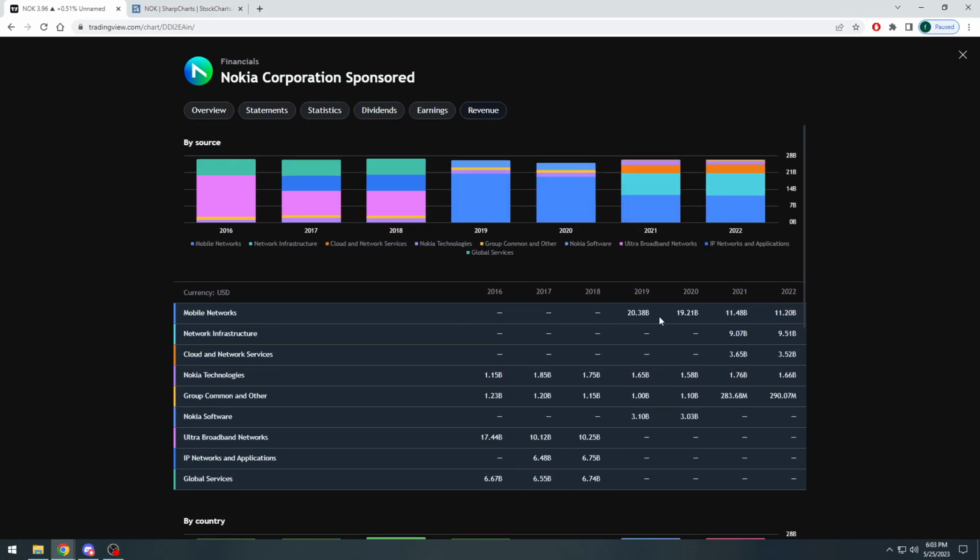It really is. If you look at the mobile networks, obviously they've taken hits over the last couple of years. Of course, the company is branching out into some other things. But even if you look at the cloud networking services, you can see a slight decrease from 21 to 22. Nokia Technologies was significantly higher several years ago, and now it's going from 176 down to 166, right? So you have some negatives that you cannot completely sweep underneath the rug